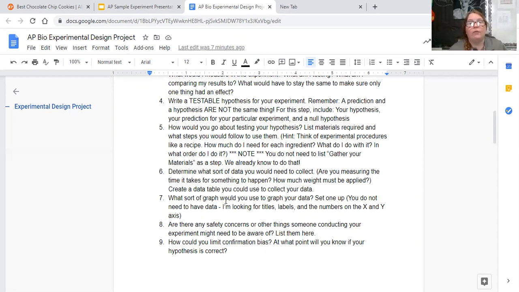Is it a positive or negative reaction? Is it a number? Is it time? Whatever it is, figure out what you need, what kind of information you're gathering, and then make a data table. And then you also need to set up a graph. I know you don't have the information to actually draw the line or the bars or whatever. I know that. I understand. But I still want you to set up the graph, and I'll show you in the example exactly how much